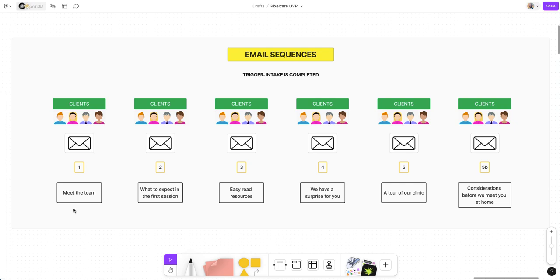Once we have crafted the sequence, then we monitor and optimize. We track how they open, if people are engaging, and if they click in, and we use this data to improve them and craft better sequences. So the result of this is basically happy clients who will feel valued and supported, and this will obviously lead to increased loyalty, a better retention rate, and a bigger source of referrals. So this is what we use email sequences for.